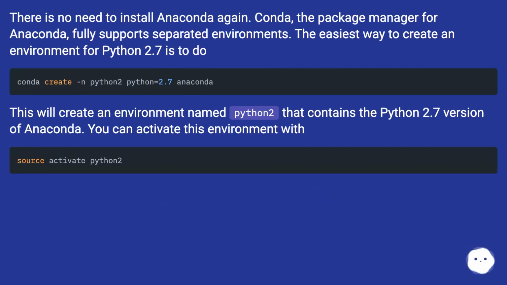There is no need to install Anaconda again. Conda, the package manager for Anaconda, fully supports separated environments. The easiest way to create an environment for Python 2.7 is to do. This will create an environment named python2 that contains the Python 2.7 version of Anaconda. You can activate this environment with